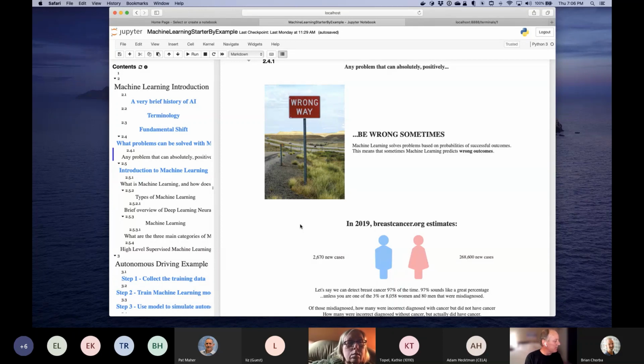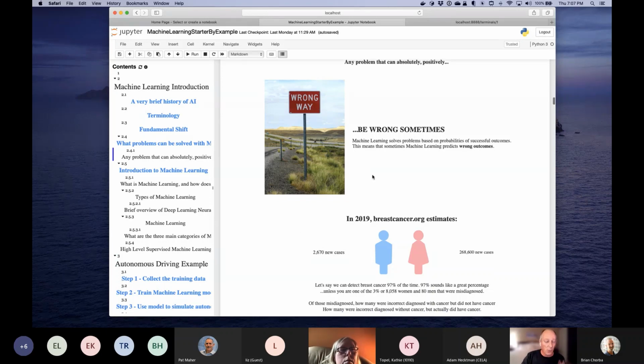So somebody was mentioning cars and what happens with the autonomous cars if somebody jumps out, how is the car going to respond to that? And so you can think of it as, it may not be perfect, but does it behave on average better than the general population? So it's still wrong sometimes, but is it better?